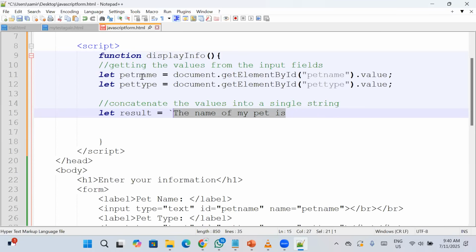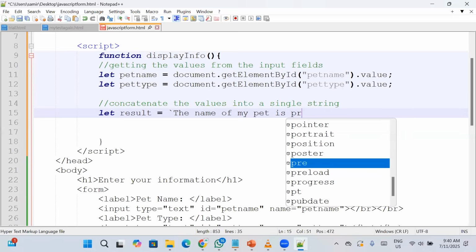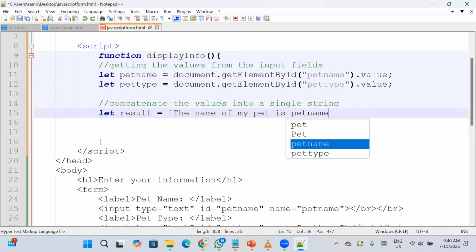Before these particular variables or values come in, I've just gone ahead to call out another string, and I want to concatenate. You guys understand that? So I'll go ahead and put in the pet name. So the name of my pet is the pet name here,